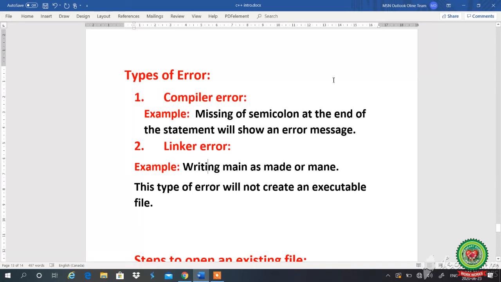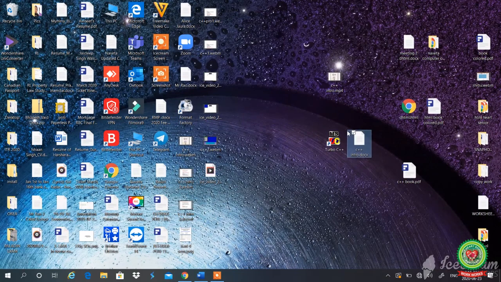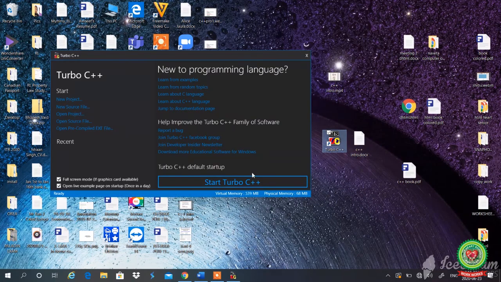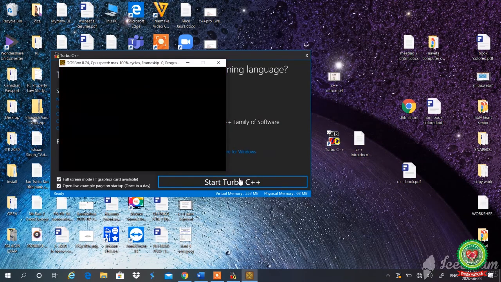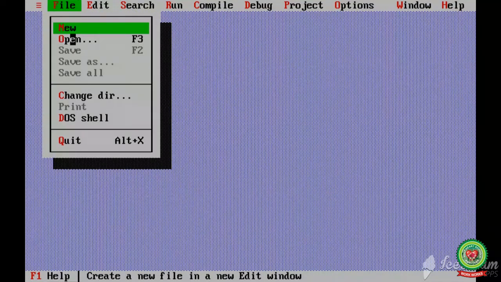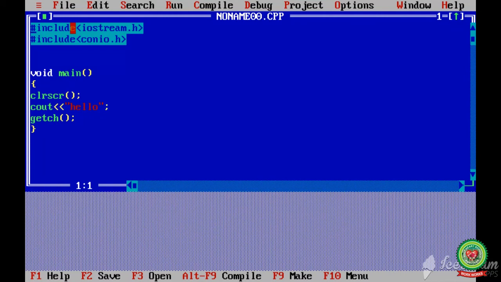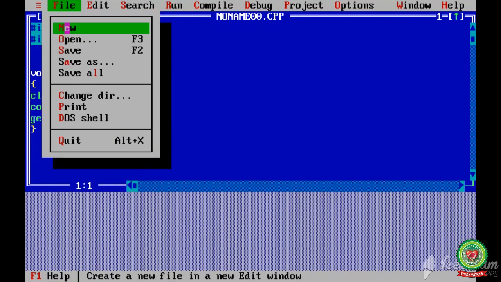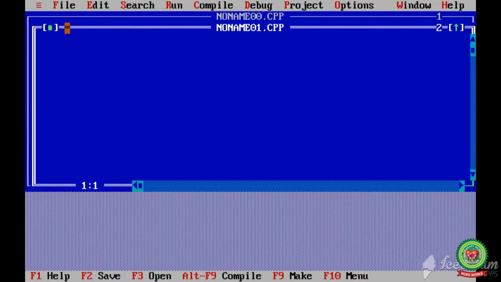Now, the next topic is how to open an existing file. Students, let's suppose that when we open C++ I am working on a new file, and I will open a new one again. Now, let's suppose I want to open my existing file, which I made in front of you with the name school.